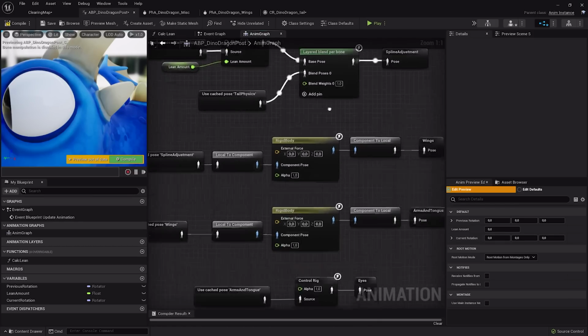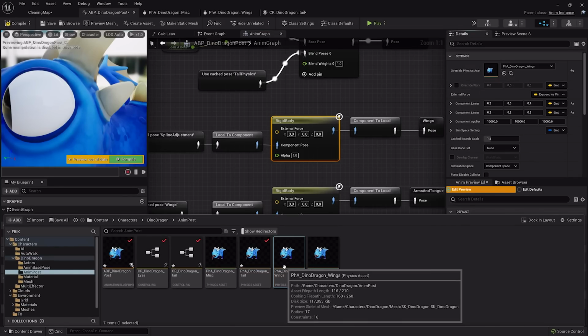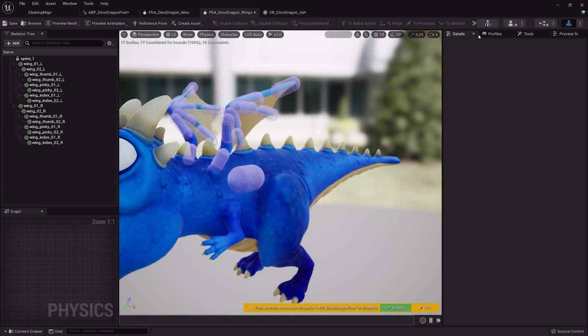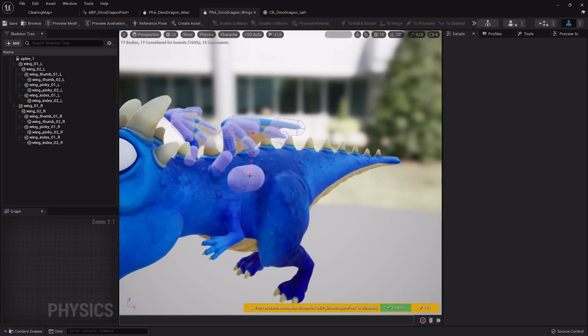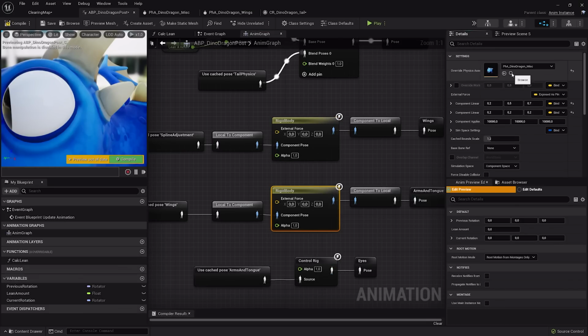So yeah, with this done, now let's take a look at all the other parts, because basically we have talked about the basic setup. So we have another physics asset here for the wings. So that's following the same kind of rules. It's a little bit more floppy, like that. And then I have a third one, which is here, and that has all the rest.